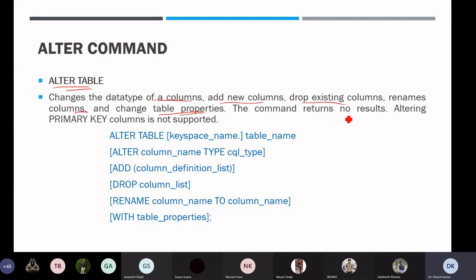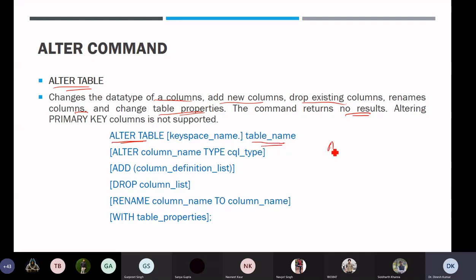So it returns no results, but just changes the structure of the column, right? So ALTER TABLE is a keyword, then key space name is an optional part, dot, then table.